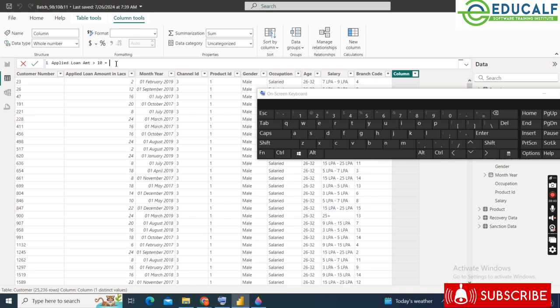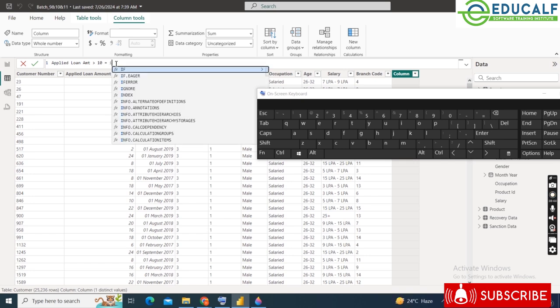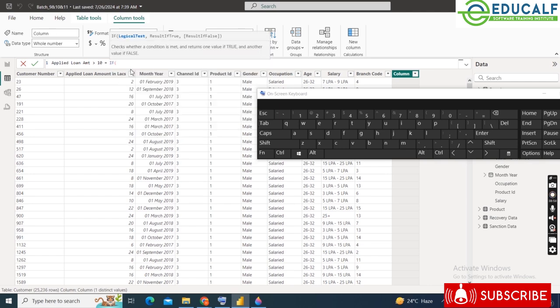So it is simply your Excel formula only. I am going to use the IF function. You can see once you write down IF, it is going to show all the functions that are present. With this I want to use this IF only, and click on Tab or select it. Okay, you can see after writing it, it is showing me the syntax of this particular